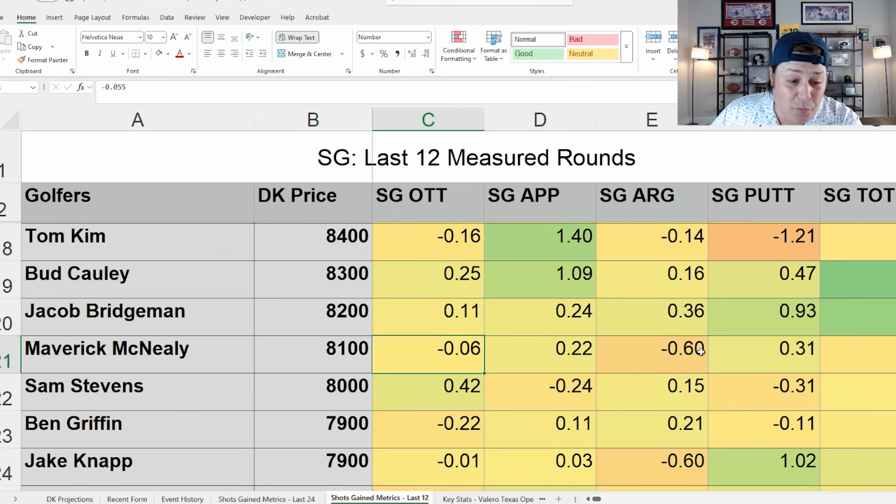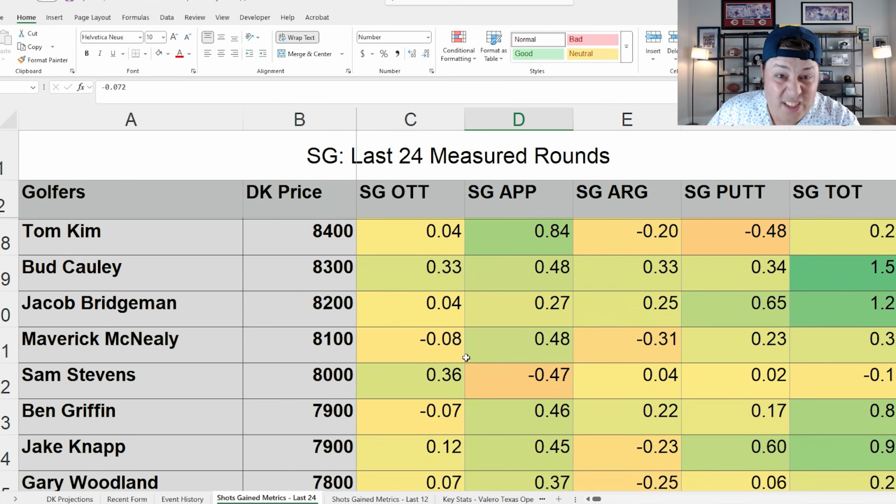The around the green surprisingly has been his biggest bugaboo. He's usually well into the positive in that category. So I think this could be just a little bit of a short, small sample size aberration. But off the tee is also left a little bit to be desired. But if you go back to the last 24 measured rounds, which of course he has a win during that